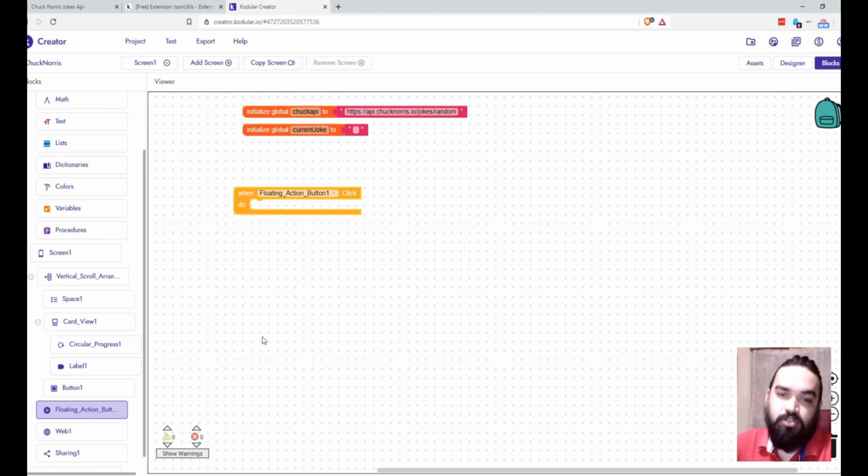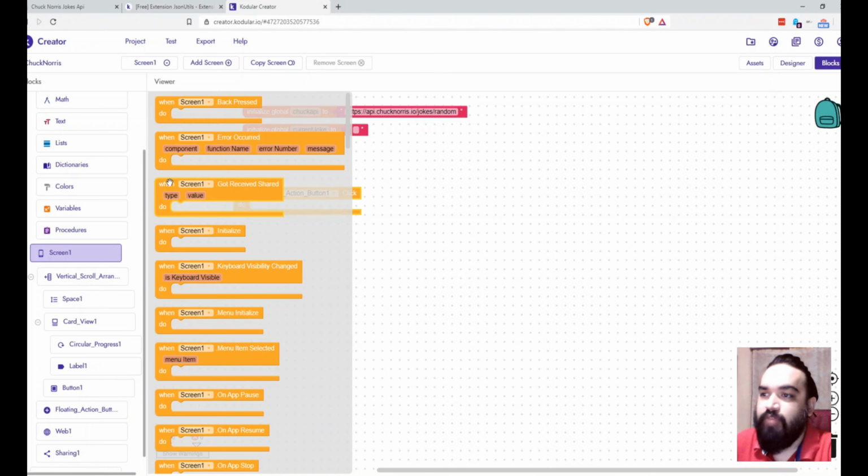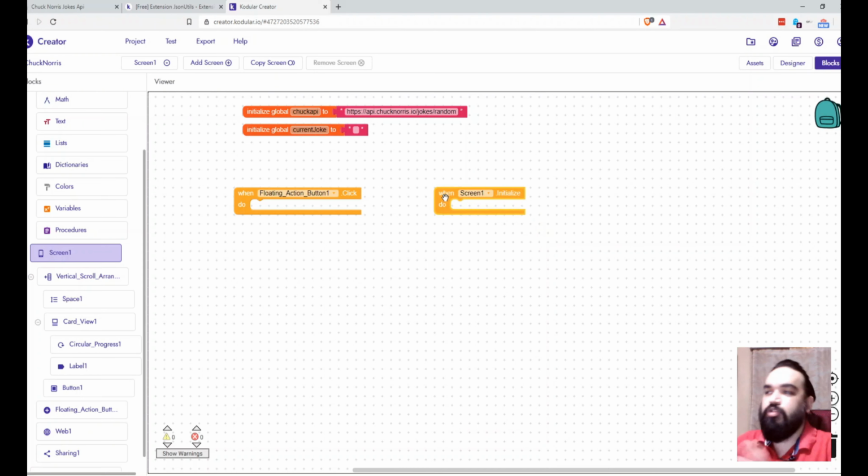Along with this, we also need when the app opens, right? So I'll click on screen 1, and I'll get all the actions that I can do with screen 1. So here you can do when screen 1 is initialized. Both of these have to call the API, right?